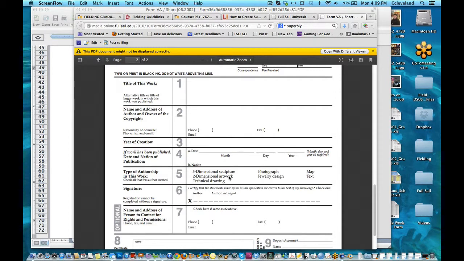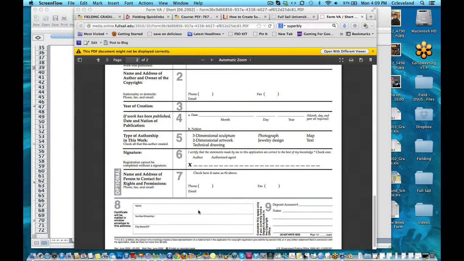Here you're going to put two-dimensional artwork. You're also going to sign it. And make sure you get all these filled out. And when you get down here, also make sure that you have filled this out with your information as well. One thing about the